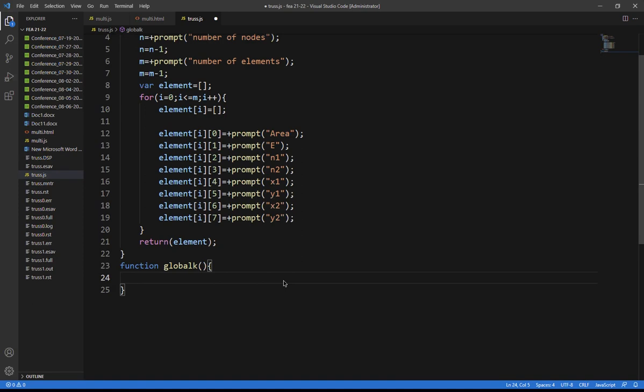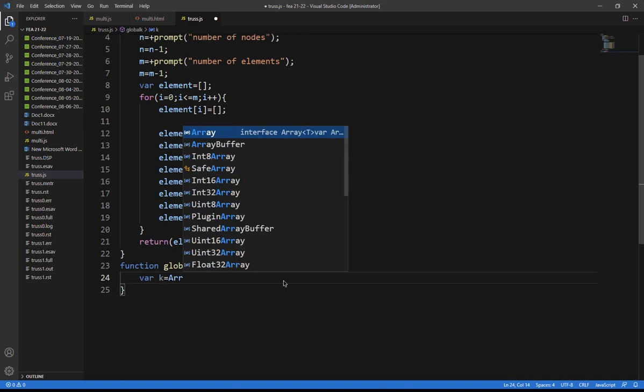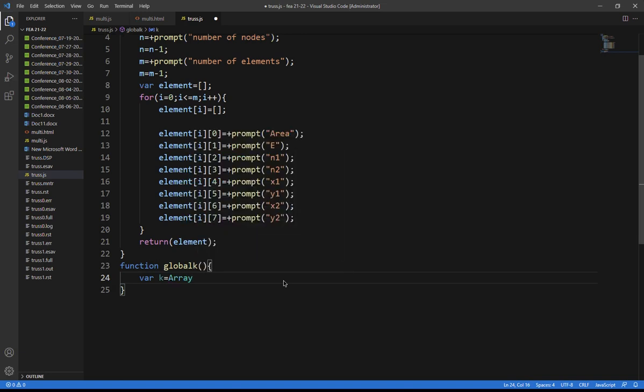Okay, so now in global k we are going to prepare a global stiffness matrix, and we require a k matrix to be created. Okay, so I could say k is equal to array of,